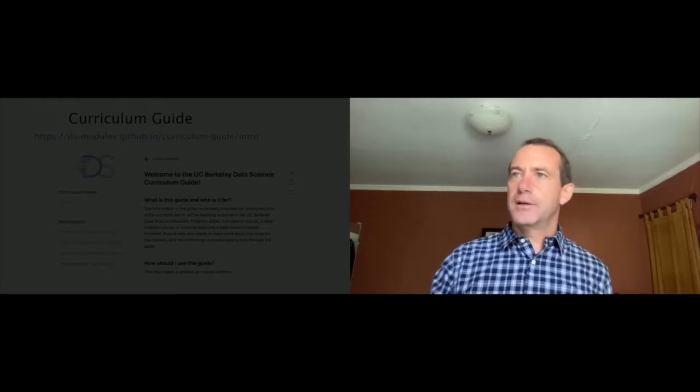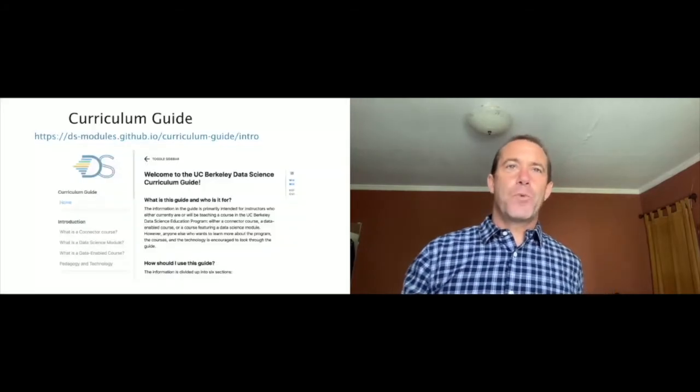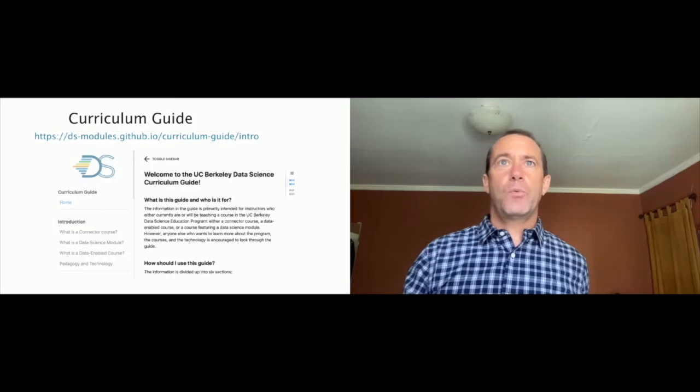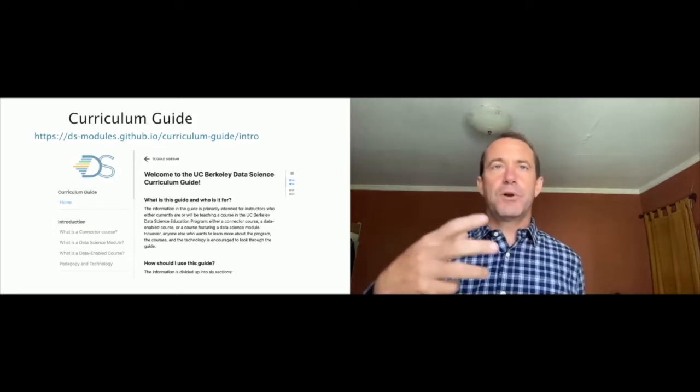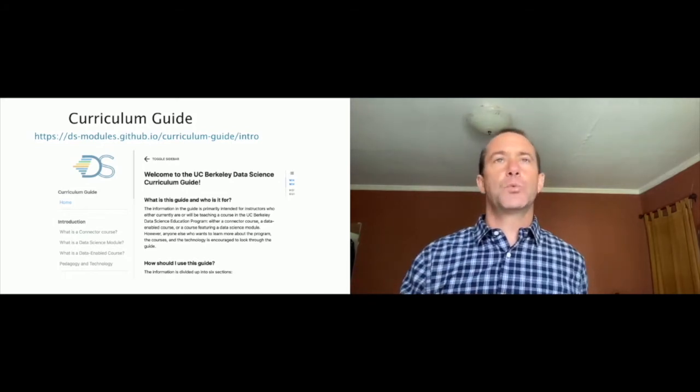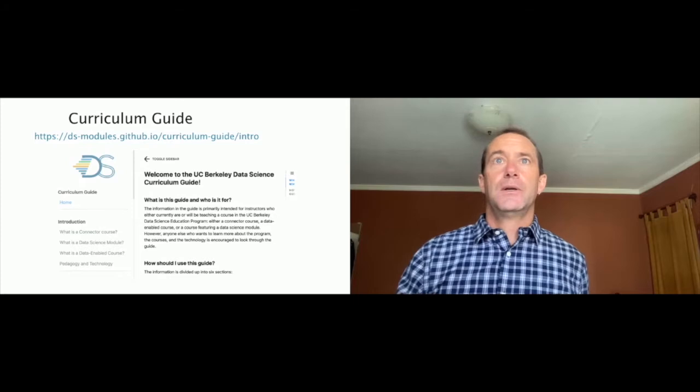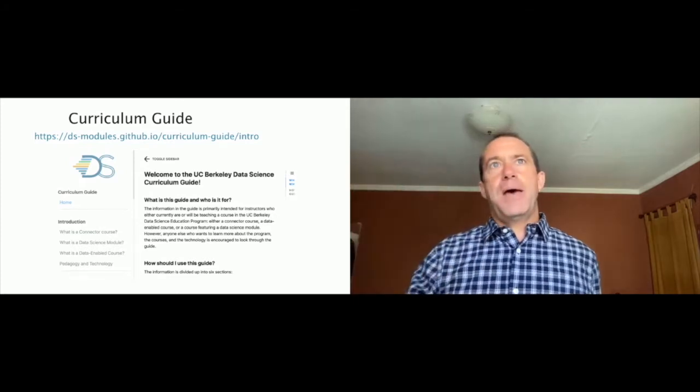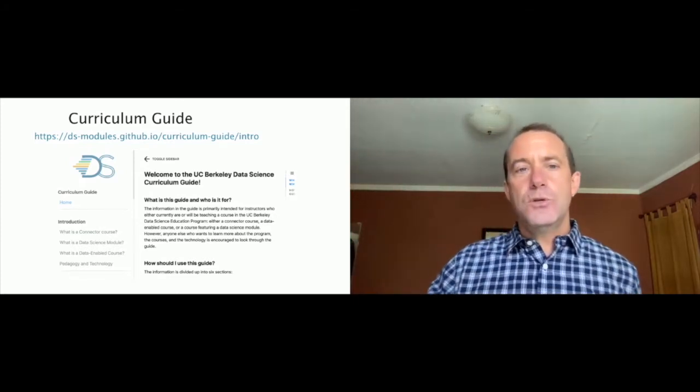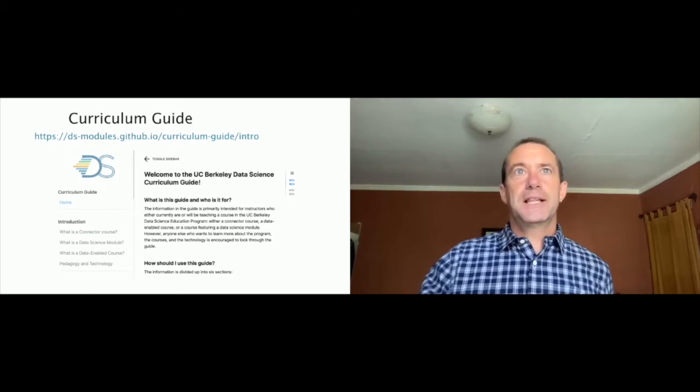We have another curriculum guide that's sort of like a way to teach other teachers about what we do. Another resource that's sort of internal to UC Berkeley, but still explains a lot of this workflow that might be useful to instructors at other universities. And then just thinking about it pedagogically, right? Like how we use Jupyter in teaching a class.